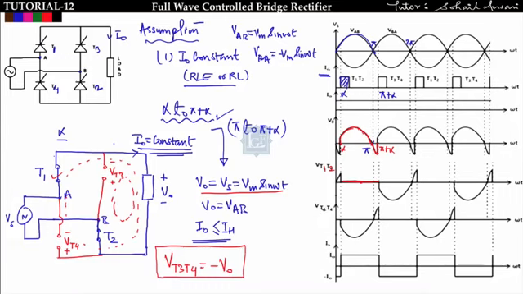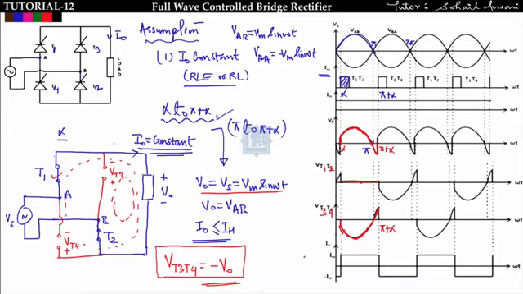But the voltage drop across T3 and T4 I will get is equal to minus of V0. See, V0 is somewhat like this from alpha to pi plus alpha. So minus V0 will be just opposite to this V0, and it will follow like this from alpha to pi plus alpha. This is pi plus alpha. So the voltage drop across T3 and T4 will look like this.